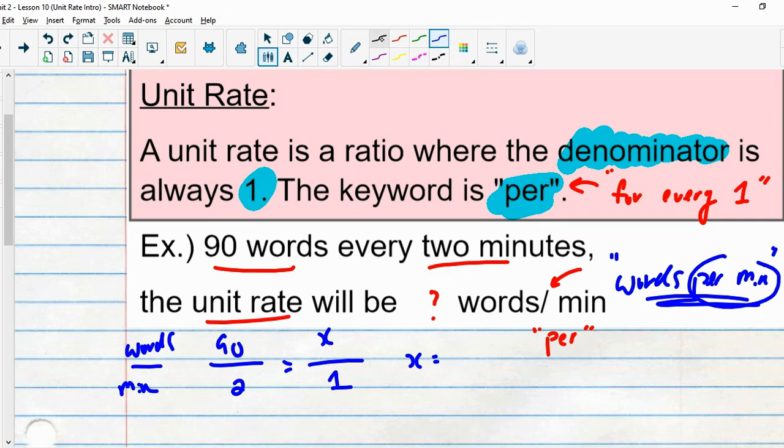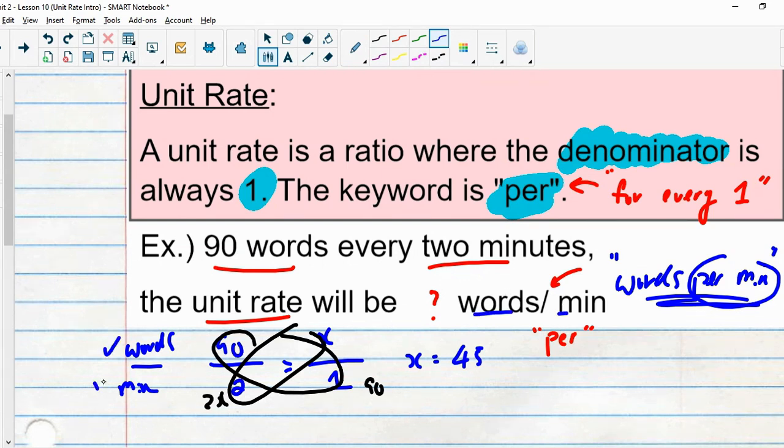Okay, let's do some math. 90 times 1 is 90. 2 times what gives you 90? Yeah, 45. So it's 45. Now, this is important, because you have 2 different units here, words and minutes. You have to write it as words to minutes. So 45